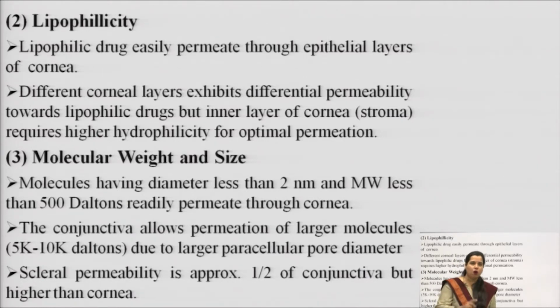That means for cornea, if we target cornea, then we have the lower molecular weight as well as molecular diameter. But in case we are targeting conjunctiva, then the molecular weight or the size is bigger as compared to corneal absorption. Scleral permeability is approximately half of the conjunctiva, but higher than the cornea. That means the three main pathways through which the drug is getting absorbed have different